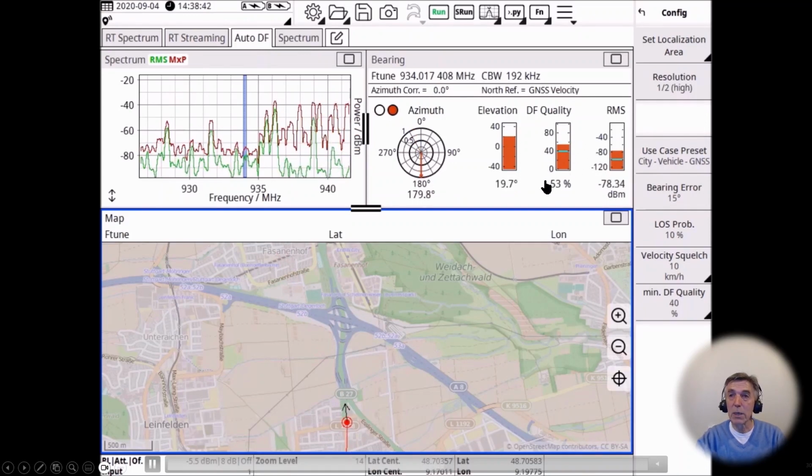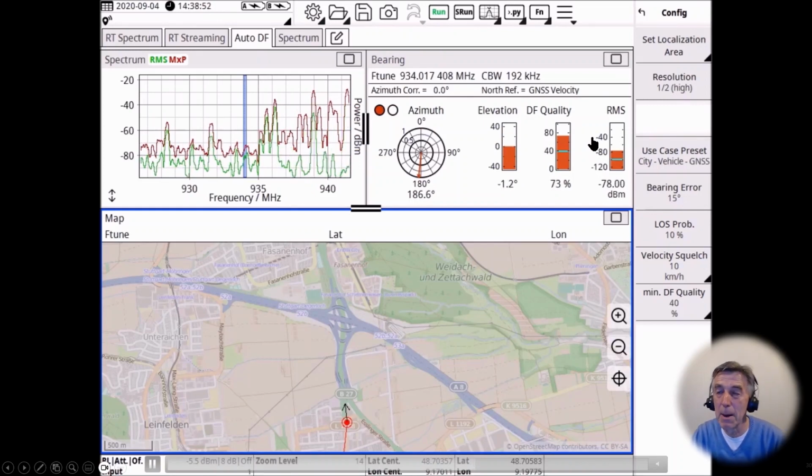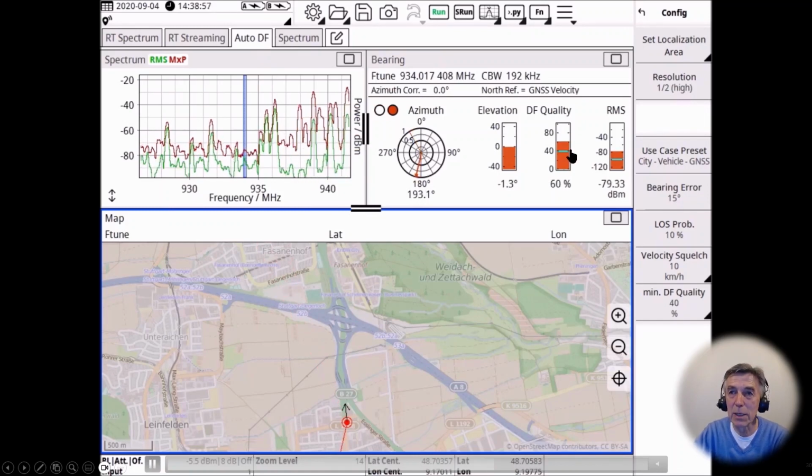We can also tell it to look for the DF quality. If you want to know what DF quality is, have a look at a little application note which you will find on our homepage. And you can also say, please ignore results for our heat map if the DF quality is less than